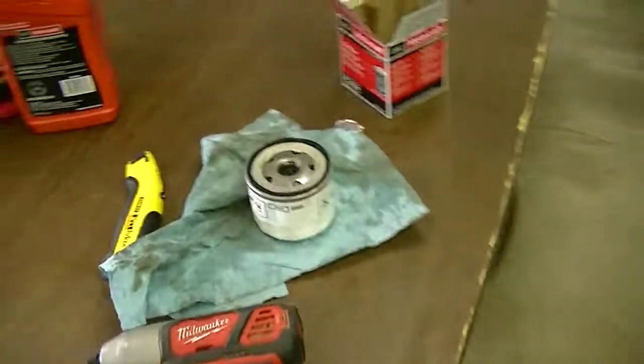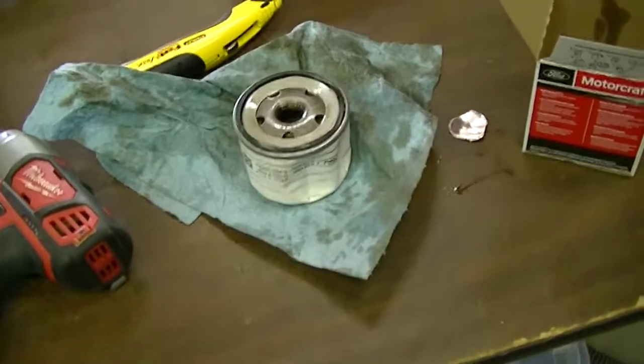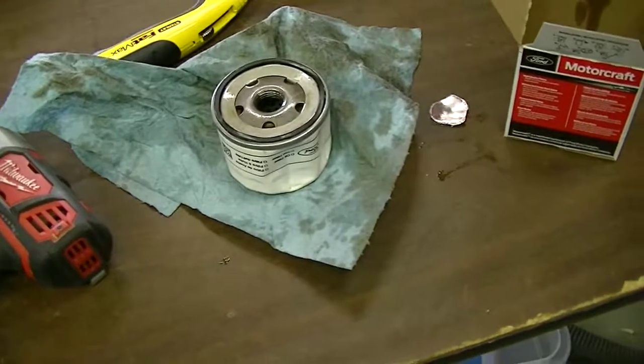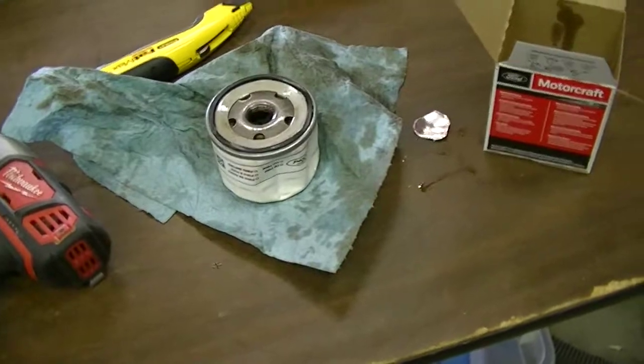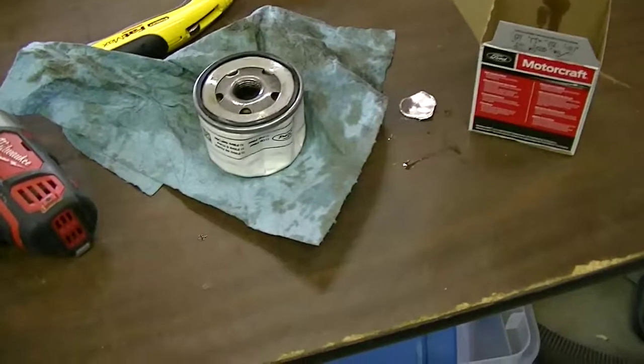While we're at it, I had a hard time getting this factory oil filter off there. Every single vehicle I buy from Ford, that thing's on there so tight I'm afraid that I'm going to strip the threads to get it out of there. I don't know why they do that, but anyhow,